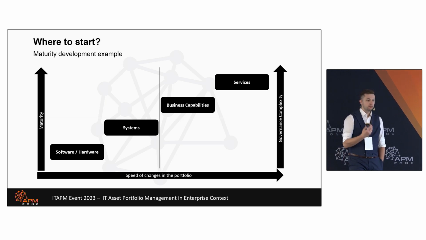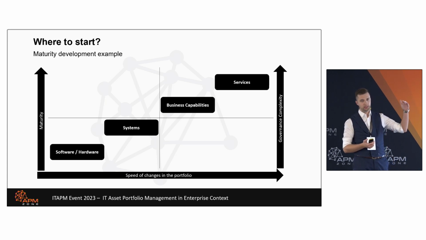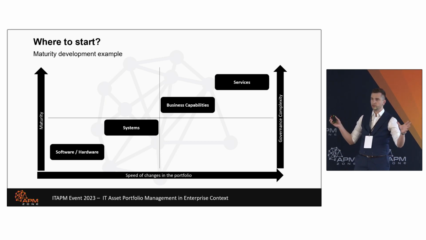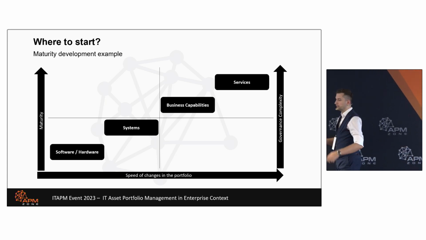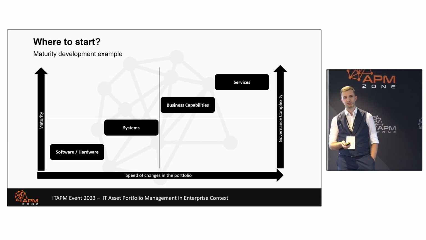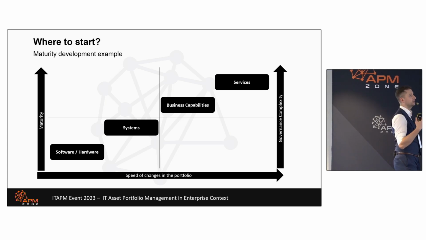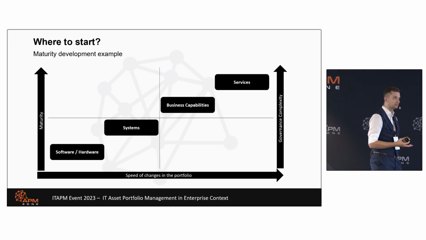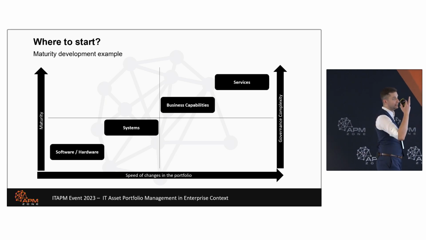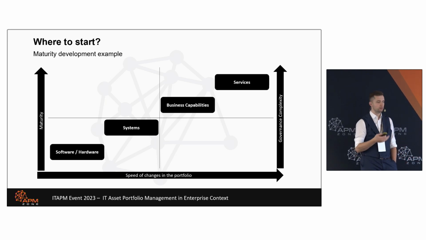So, an example of how this maturity could be built up. Of course, it can depend from company to company because everyone is at some point somewhere. The easiest, usually, you start with the discovery of software and hardware, because these ideas are very common. These ideas are easily translated to different layers, the strategic, tactical, operational. It's very mature out there on the market, right? We have discipline, knowledge, everyone at least heard of that.